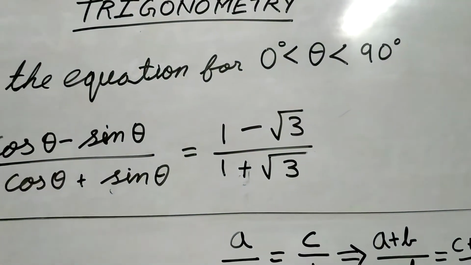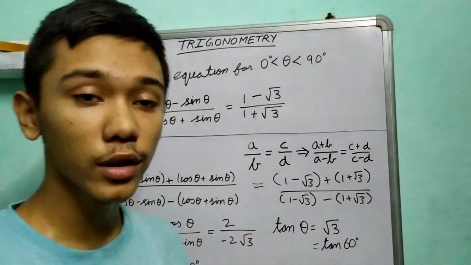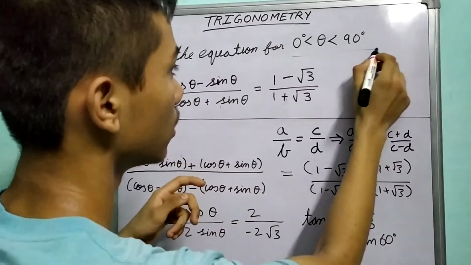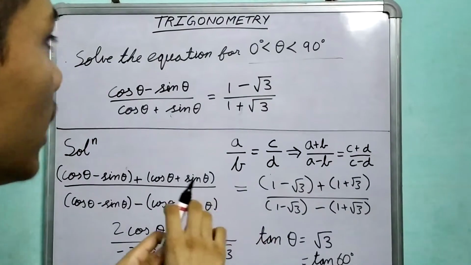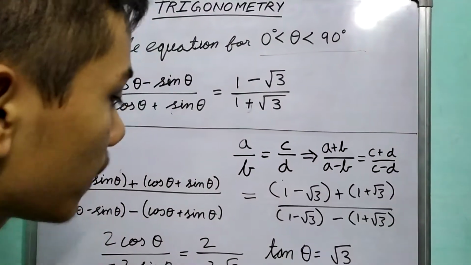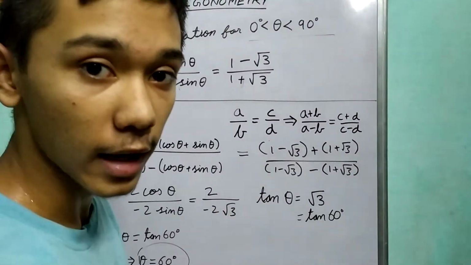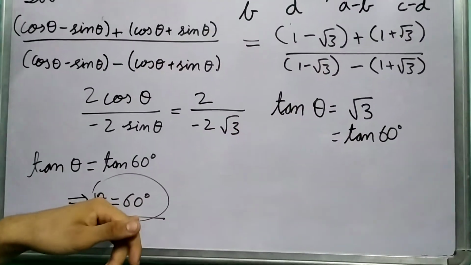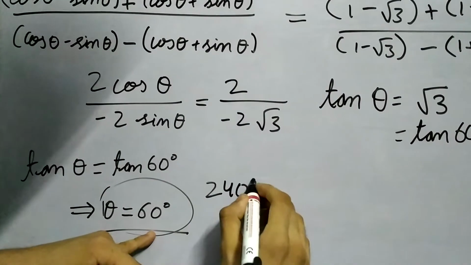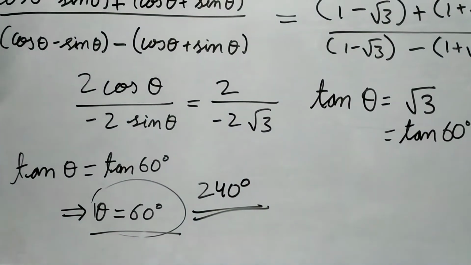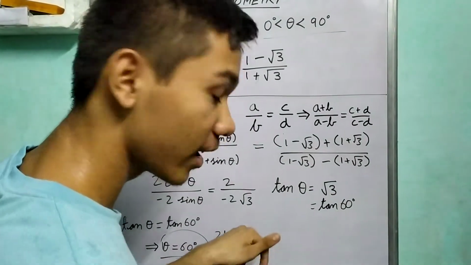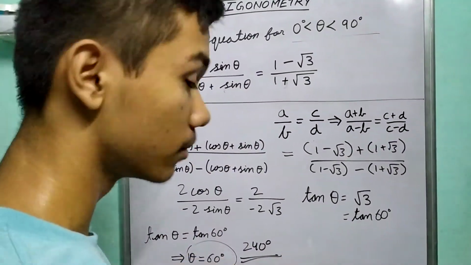Now what did I tell you when we started this question? I told you that there can be many more solutions if we remove this range. If we remove this range for theta, we just solve it for theta, we can get more values. One of them being 60 degree, so we can add 180 degrees. 240 degrees is also an answer. So this might look strange, like 240 degrees, an angle in a triangle being greater than the sum of them all.